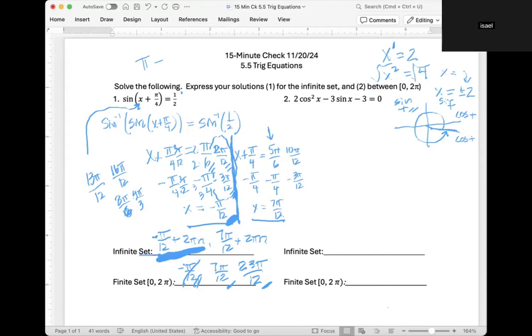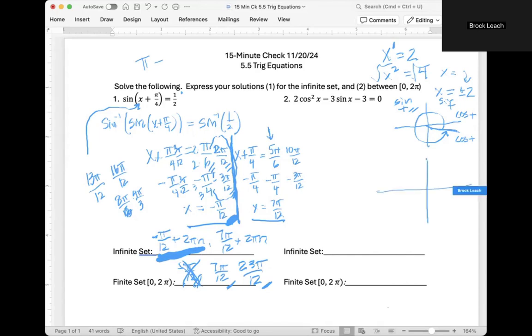Just a quick question. How did you get 23 pi over 12? The way you did it was you used the method x plus pi over 4 equals pi over 6 plus 2n pi, so correct? Or yeah, okay. When I'm doing it,